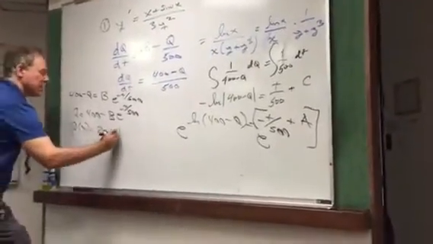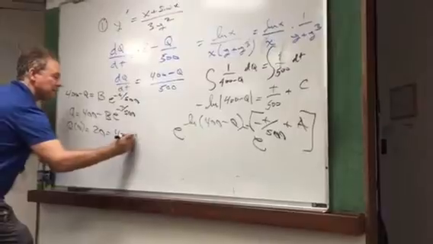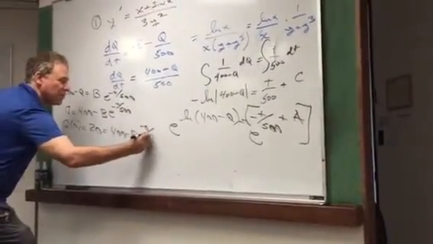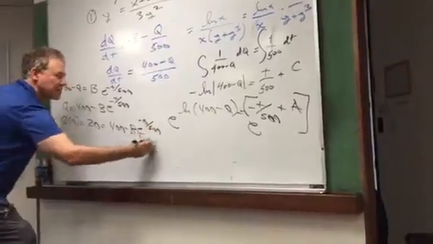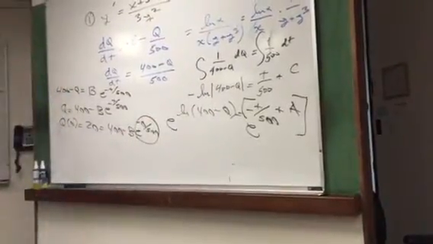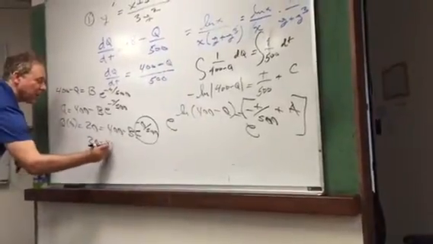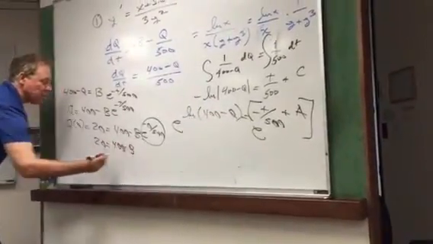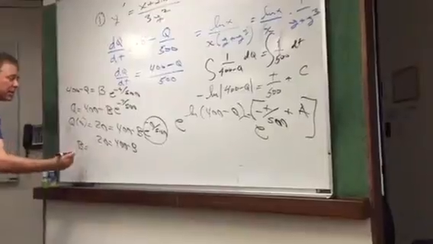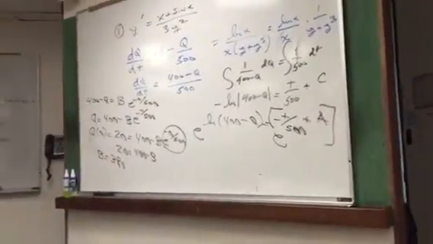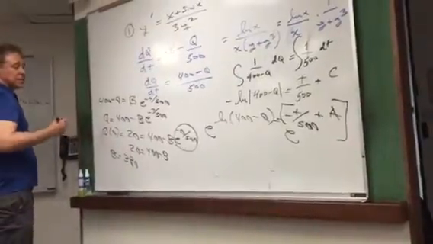But that's 400 minus B e to the minus 0 over 500. But what is e to the 0? 1. So in other words, 20 is 400 minus B. So B is what? 380. Okay, so you could write this as